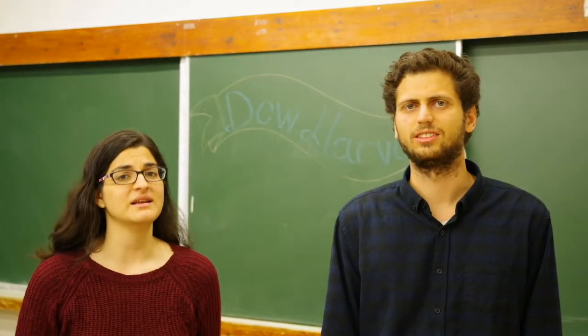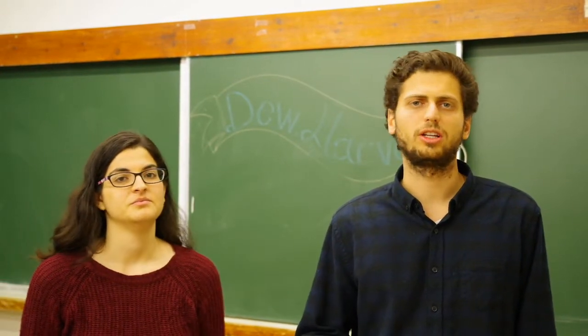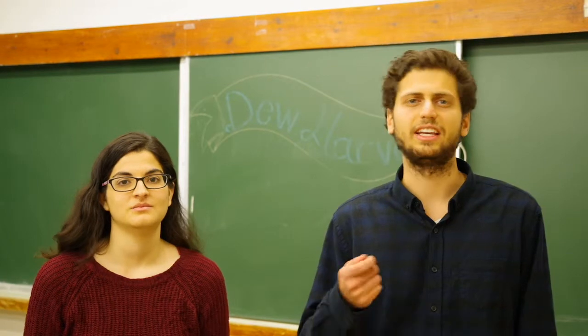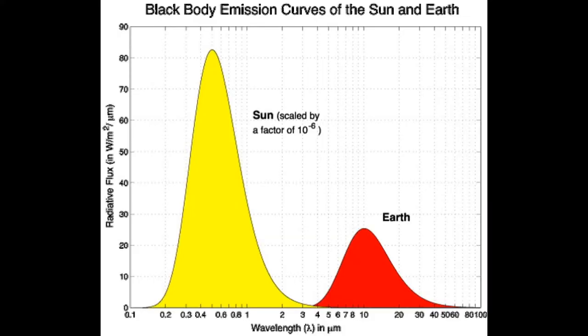Which leads us to our next subject, radiative cooling. We said that every object above the absolute zero radiates heat. That, of course, includes the Earth and the Sun. We can see in the graphs the radiative spectrum of both the Sun and the Earth. It can be seen that most of the Sun's transmission wavelengths are in the visible spectrum, and there is some energy transmitted in the infrared and the ultraviolet. However, the Earth's radiative spectrum is only in the infrared, so we can't see the radiation of the Earth, but